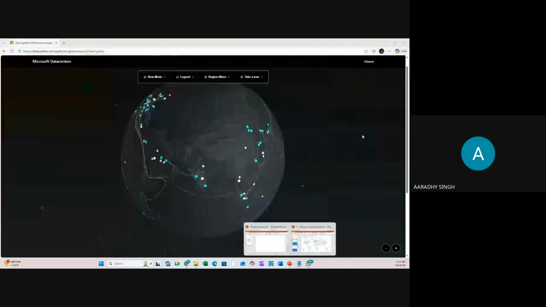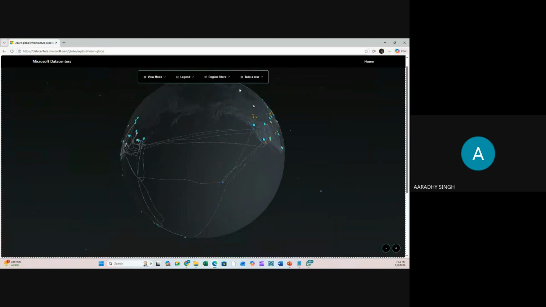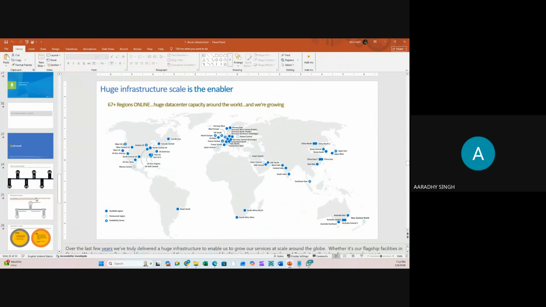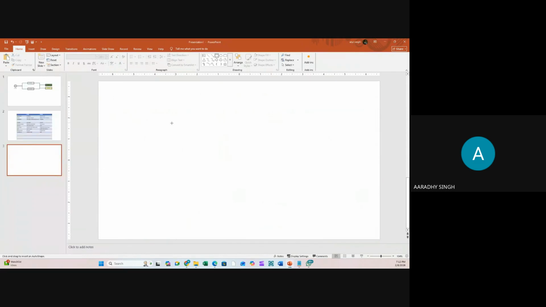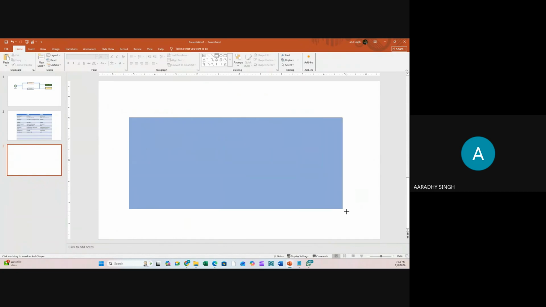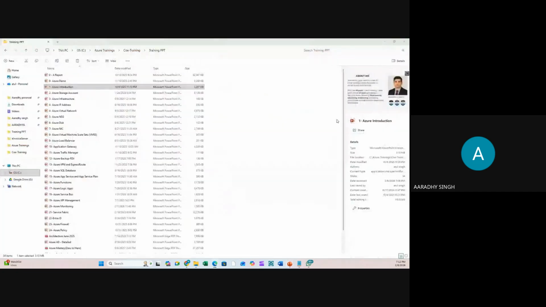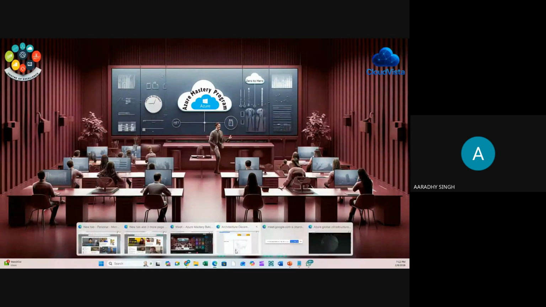First, I already told you about geographic location. There are multiple geographic locations. You see here, 1, 2, 3, 4, 5, 6, these are the multiple geographic locations. Within the geographic location, there will be multiple regions. For example, India is one of the geographic locations. In India, we have multiple regions available. Normally, what we used to say, we are saying here multiple data centers.